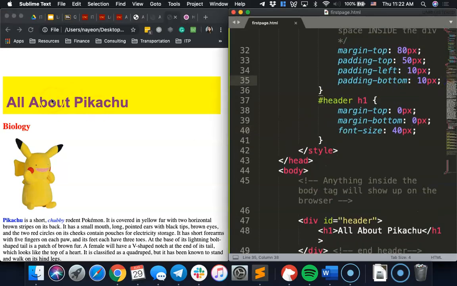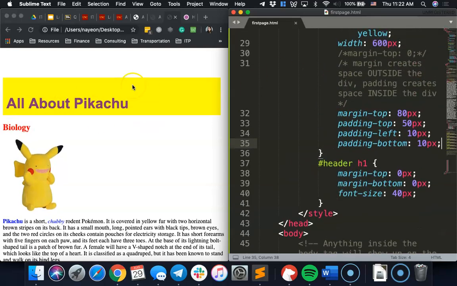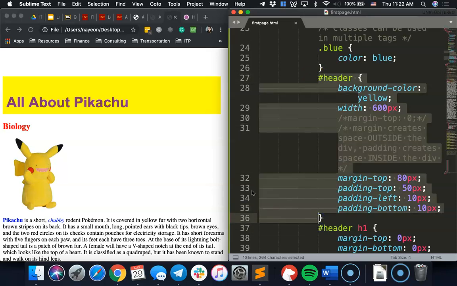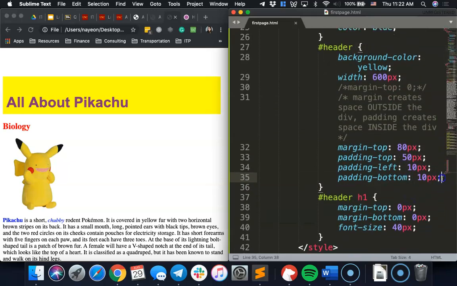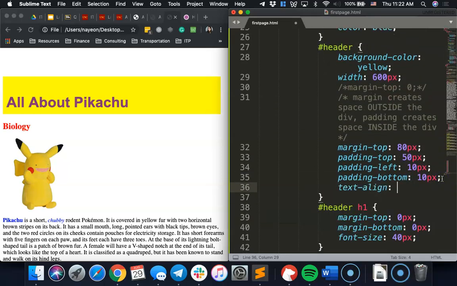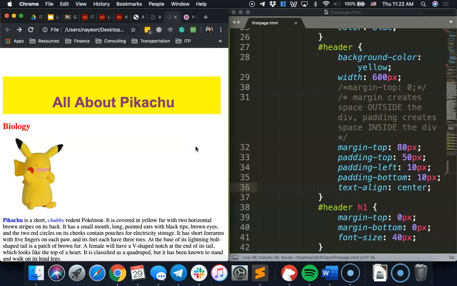And we can also center the text here, right? All my H1 is inside my header, so let's say I want to center the text inside my header. There's a property for that as well. It's called text-align center, and it will now center all the text inside my header